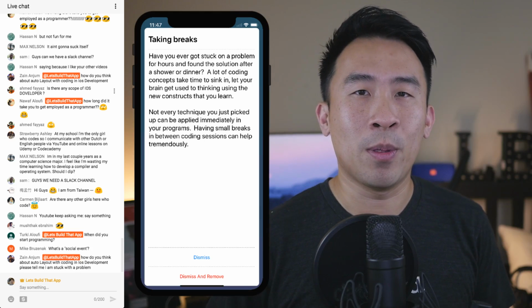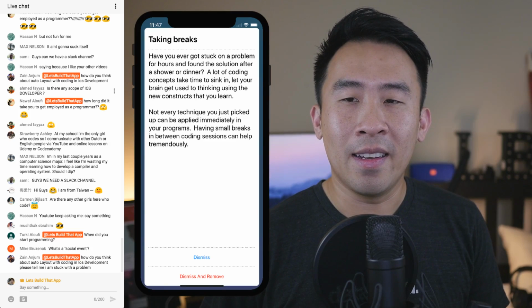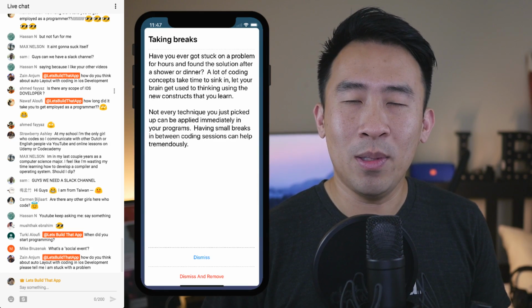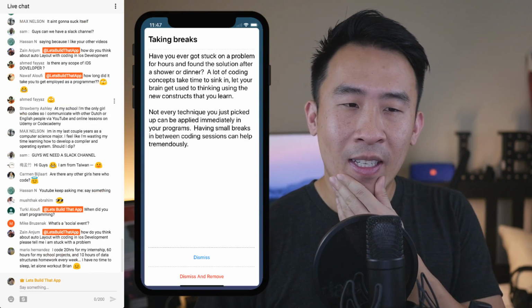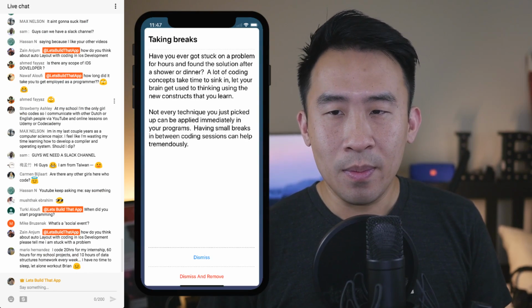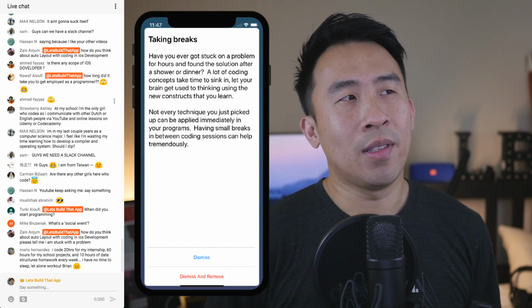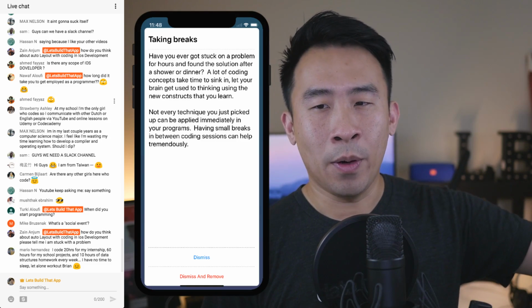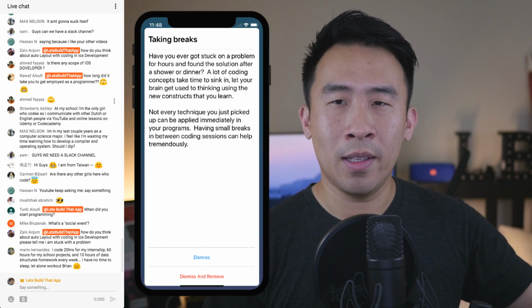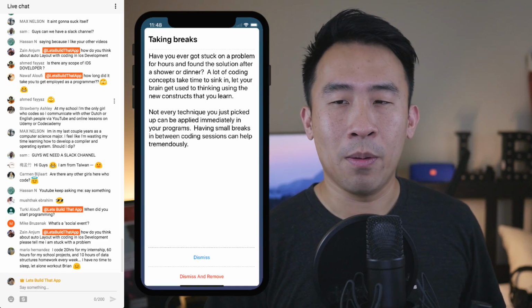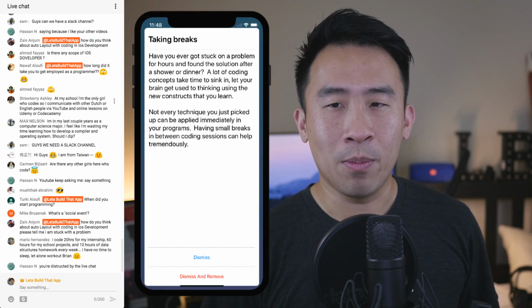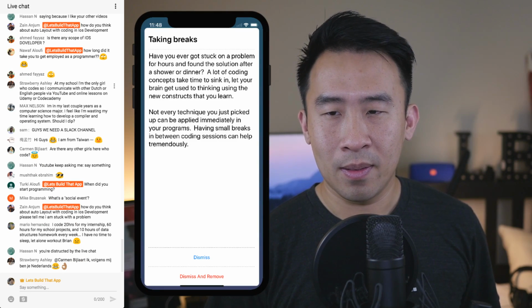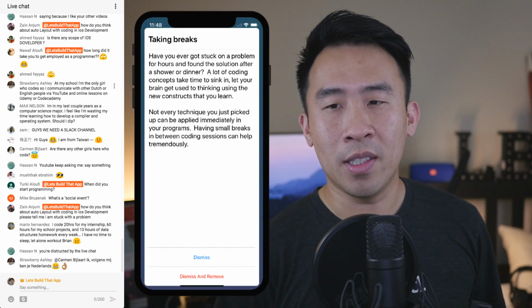I remember taking my computer science classes, and it was a struggle. Computer science projects are a bit of a struggle. So it was always the case where I was stuck in the computer lab and focusing on one problem, trying to solve it. And it was a pretty difficult problem, right? And just sitting there hammering away at the keyboard and trying like 10, 20, 50 different solutions just never really